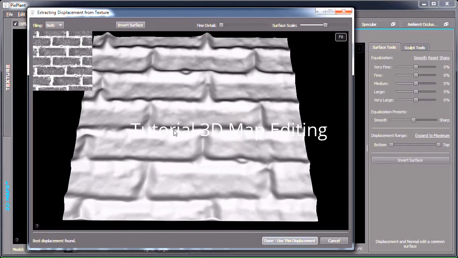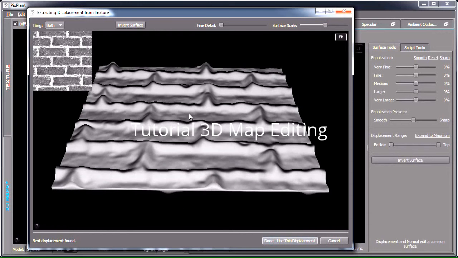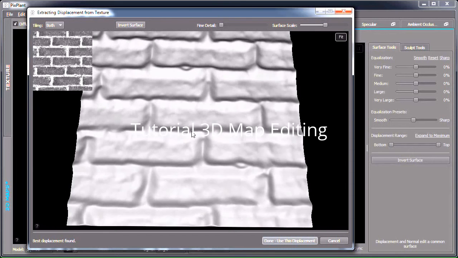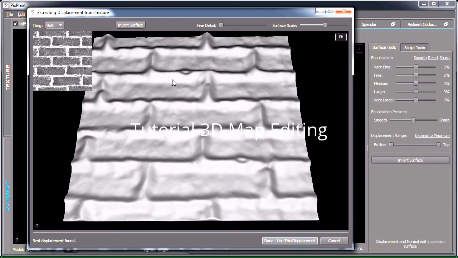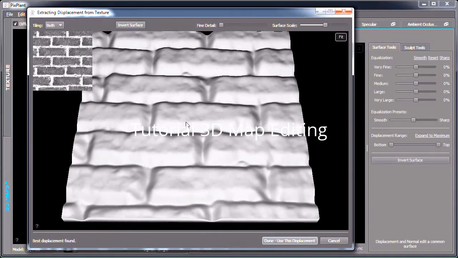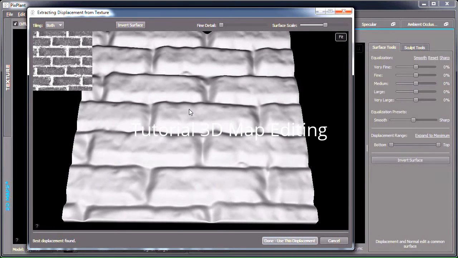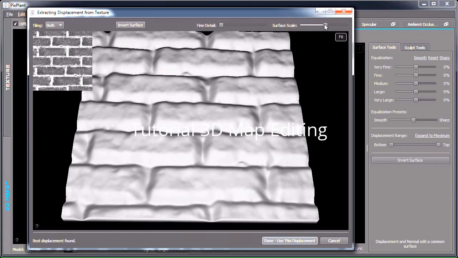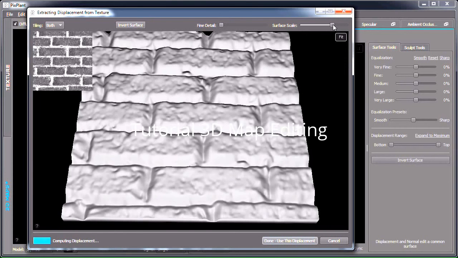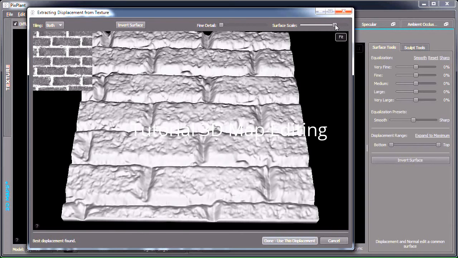You can see that the surface is inverted. The mortar between the bricks is higher than the brick relief. So we just click the invert surface button, and you can see that it now makes more sense. And we can tune the surface scale, so we can select if we want more or less high level detail, finer detail. This is perhaps a bit too much,